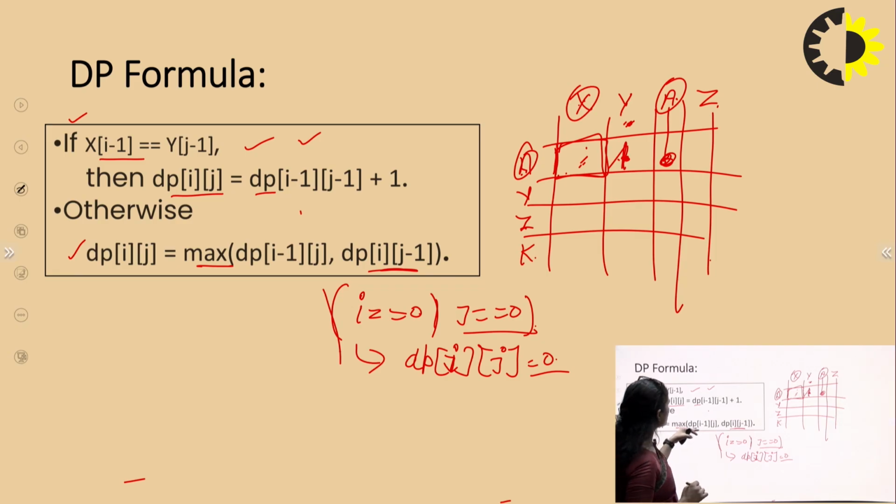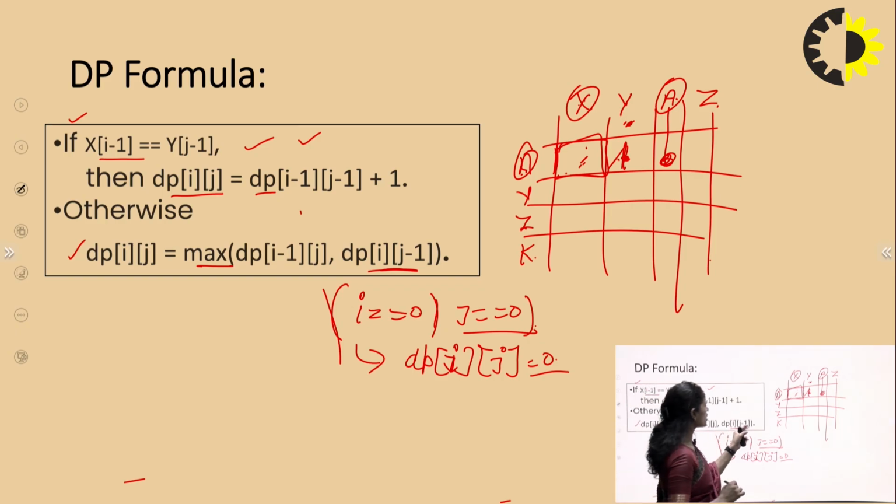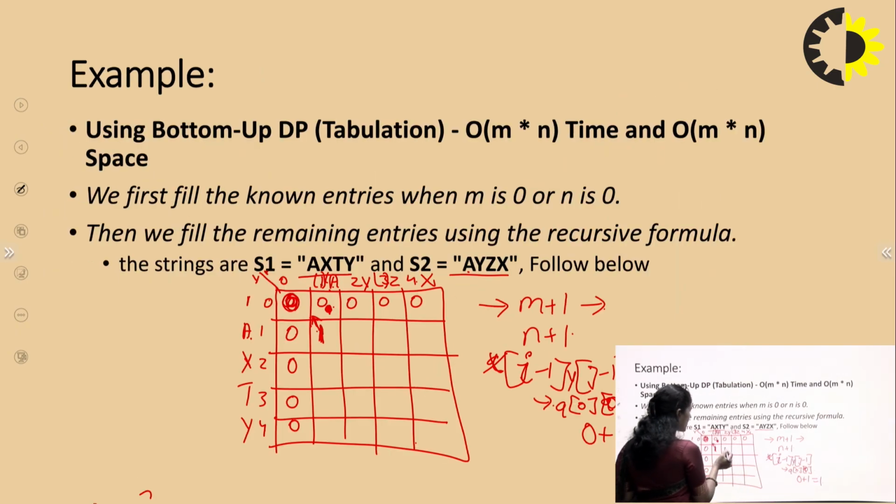So max of dp[i-1][j] and dp[i][j-1]. So basically we saw here that i minus 1 means we come here, and j minus 1, we come here. So these two, this particular value and this particular value, what is the max of these values? So 1 is the max and the arrow is going to represent this particular one, because among both values we are taking this, so the arrow goes to the value which is taken as a reference, right?